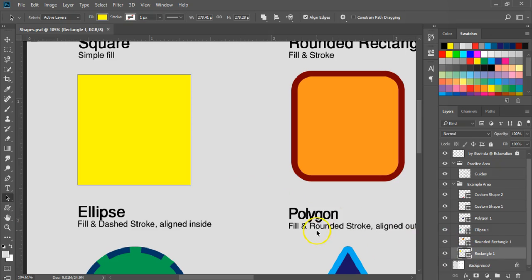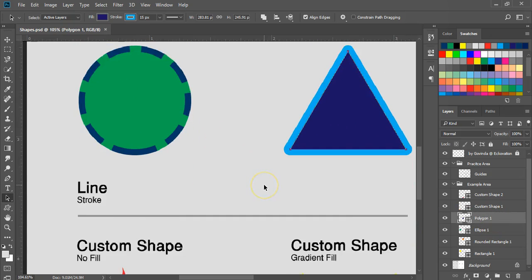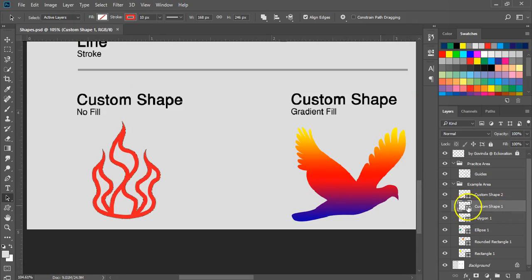Anyway, with the path selection tool active and the shape layer you are about to select active, click on the shape and you can see that a thin bounding box appears around the shape with 4 tiny squares. Similarly do for the rounded square and we can see 8 tiny squares. Similarly for the circle, for the triangle as well. But when you select the custom shape at the bottom of the canvas, you can see a lot of tiny squares. We will see why later in the video.